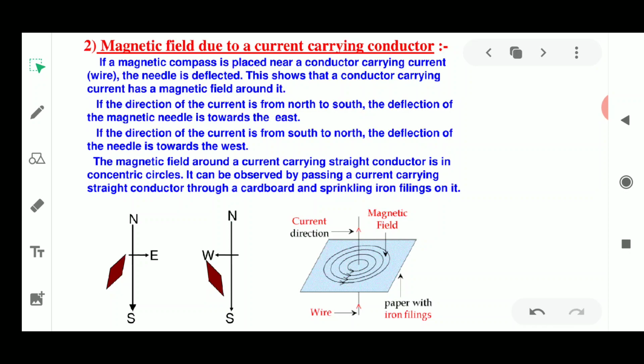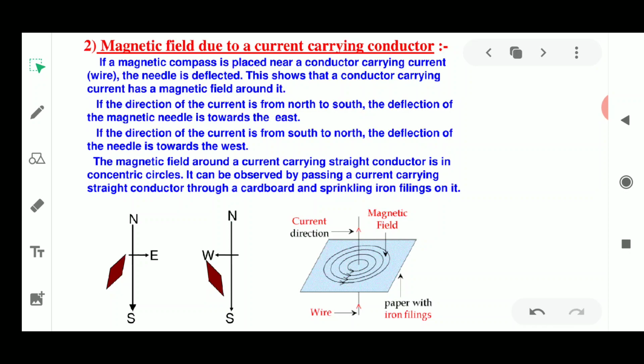Then next we discussed that a magnet is made up of poles. It has two poles, the north and the south pole, and at the poles the maximum power of the magnetism lies. Then we also discussed the directional property of the magnet, where a freely suspended magnet is always going to point in the direction of north and south. It is always going to rest in the north and south direction.